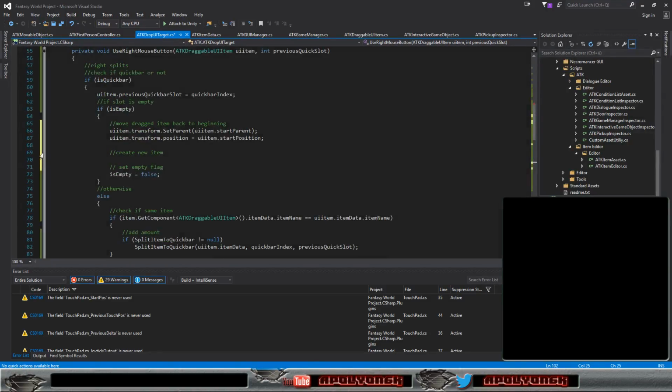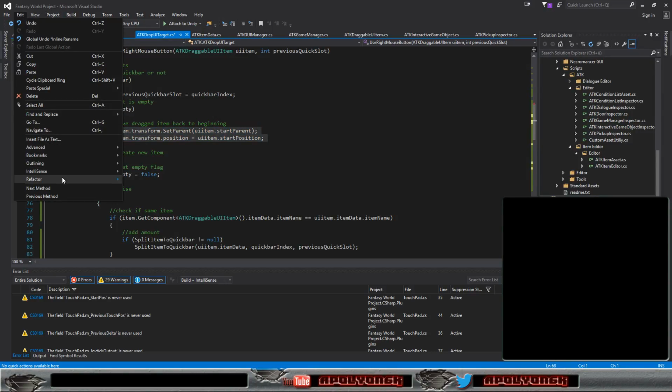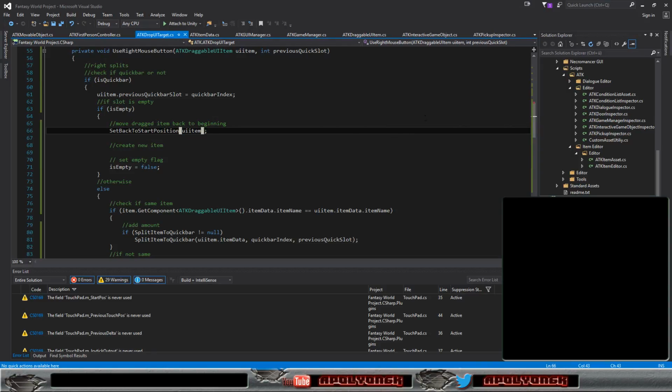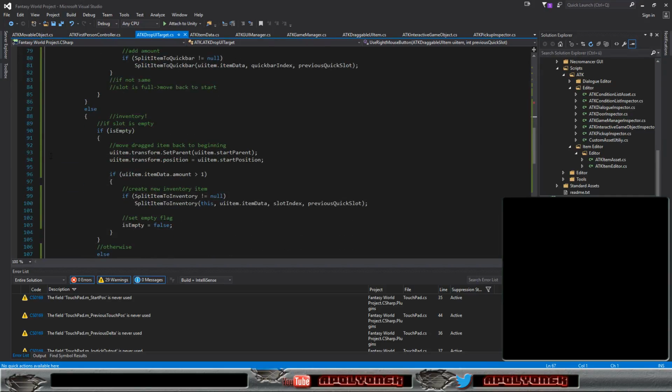So let's go in here and extract a method from that, and set back to start position, apply, and